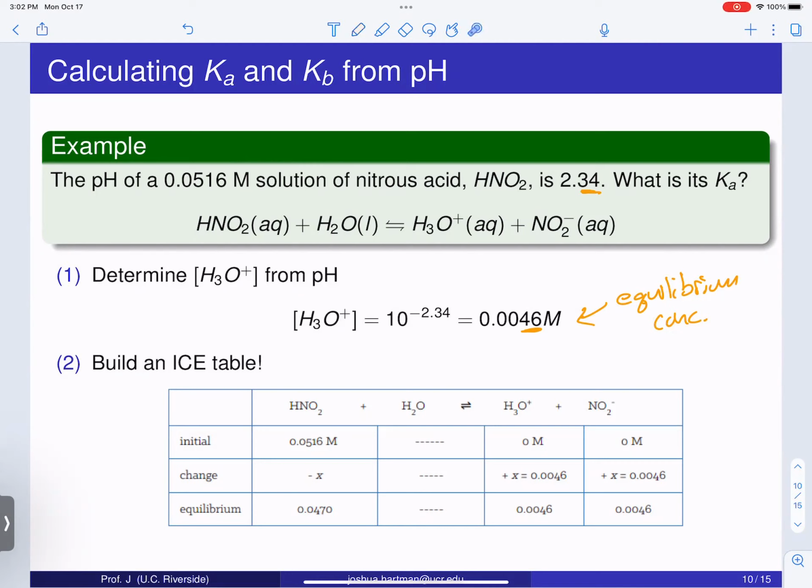So we know initially we're given a 0.0516 molar solution. We're putting that into our initial concentration here for our acid. Now we know we don't have any product yet. So then our change is going to be some reduction in the initial concentration of our acid and a corresponding increase in the concentration of the ionized products. And then we know from the calculations we just did